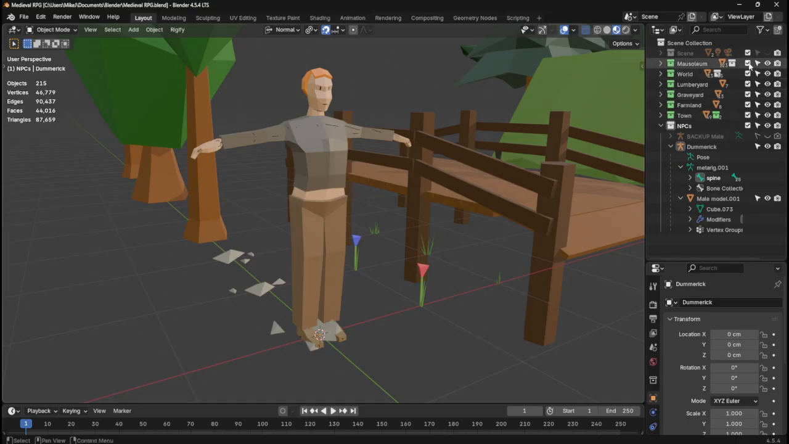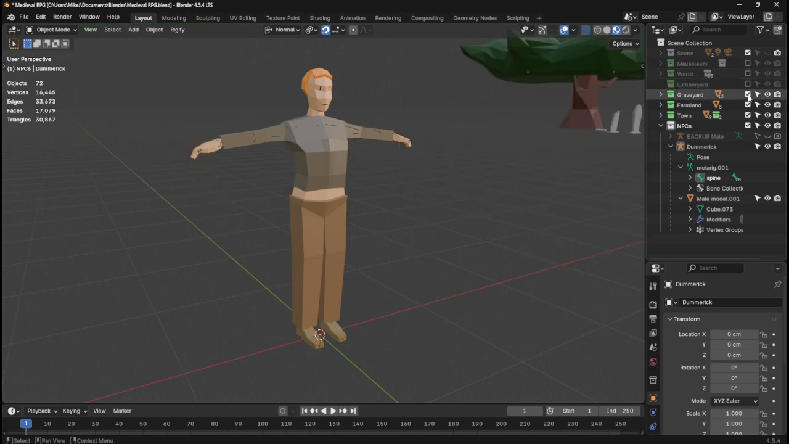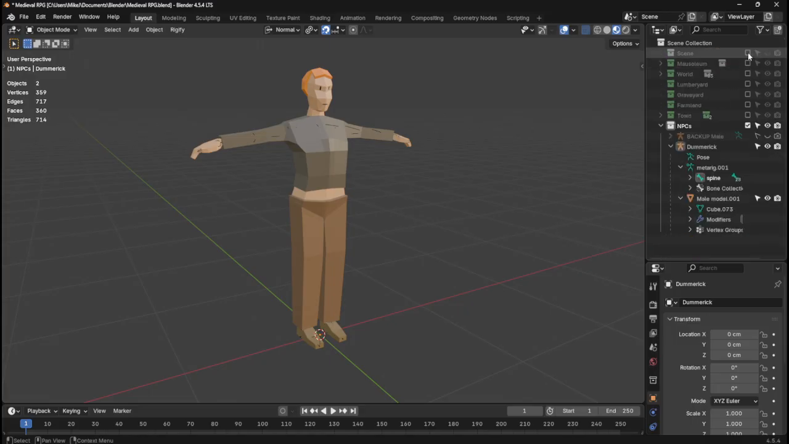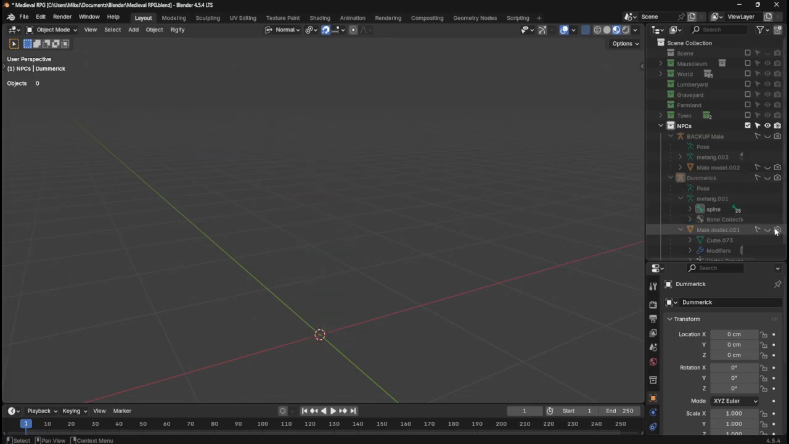What I'm going to do is hide all of the things that we don't need, and I'm going to hide this one. So basically I've got a backup, which is the core mesh. So if I just hide Dummerick for the moment,